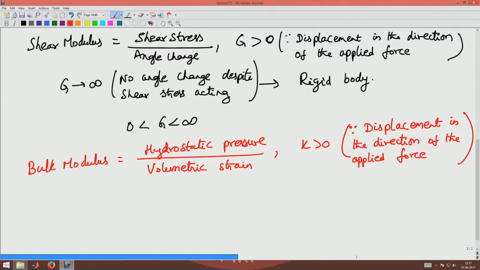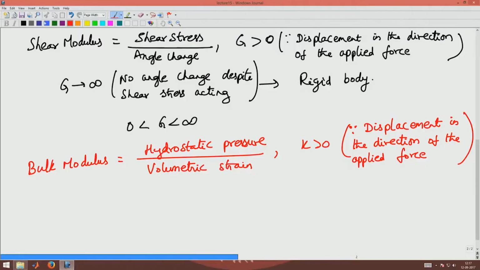Now, there are some materials which will not change its volume despite what hydrostatic pressure you apply or whatever be the stress state. There are certain materials that will not change its volume. Such materials are called incompressible materials, where the volumetric strain is equal to 0 for